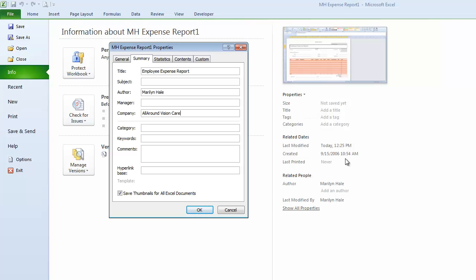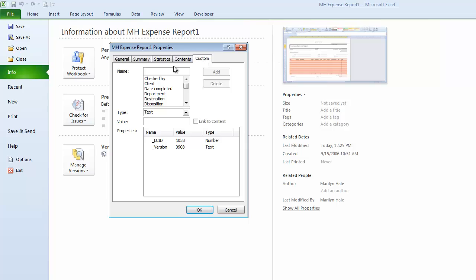I could add category, keywords, comments, etc. I do want to make sure that I've clicked Save Thumbnails for all Excel documents, so you get the little preview with the properties. Then I'm going to add a custom property, and you'll see there are some others that have already been included with custom properties. I'm going to add one of my own called location,